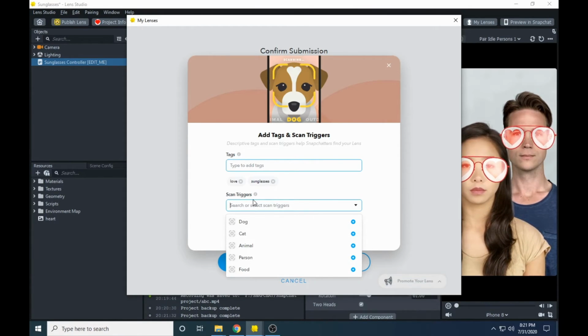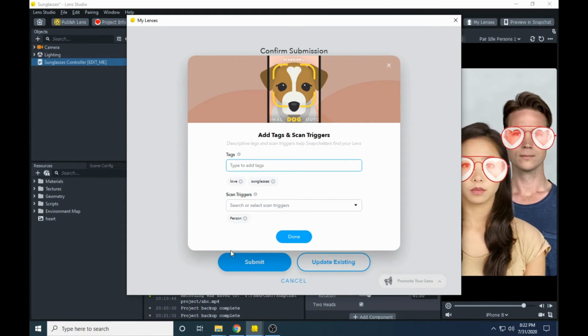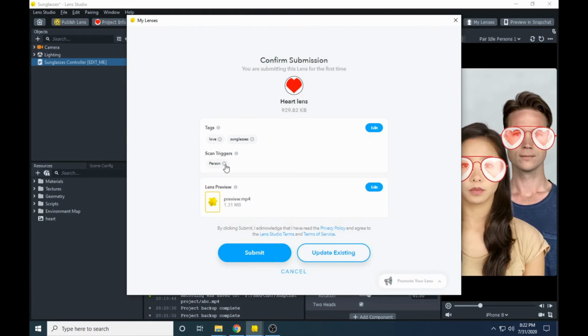It means the AR lens which you have made is for what person, like for what animal you can say. So we have this for a human person. Okay, so we will click on plus, it will add human only. Done. So we are all set to publish our first ever AR lens on the Snapchat app.